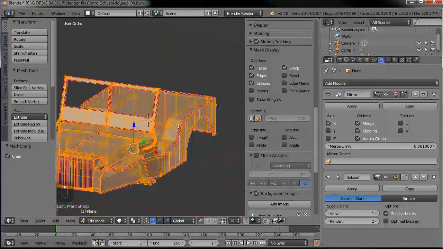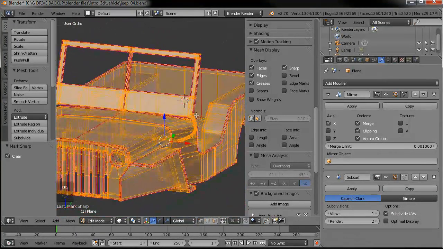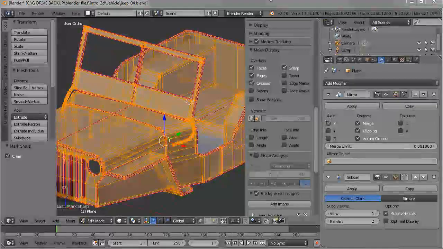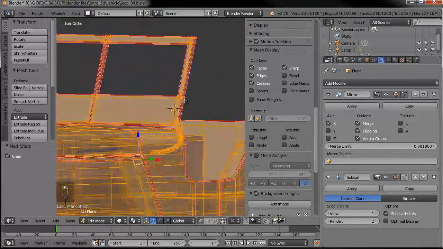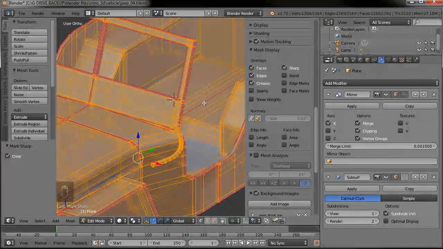Tell you what, that's bugging me. I'm going to find out what that's called, and I'll be right back. Okay, I realized what it was called. It's called edge crease. Now, the way to change that is if you hit